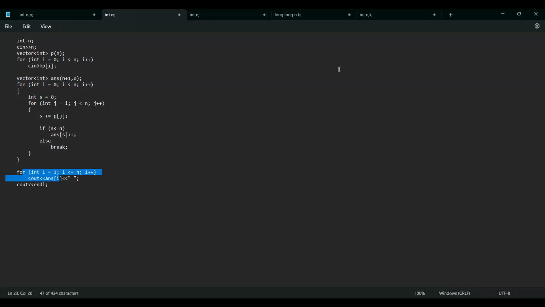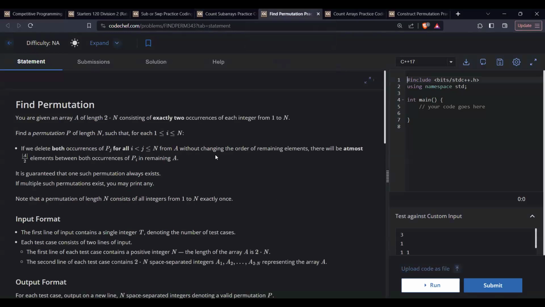Okay, so let's go to the next problem. So the next problem is this, and in this problem we are given an array A of length 2n consisting of exactly two occurrences of each integer from 1 to n, and we need to find a permutation p of length